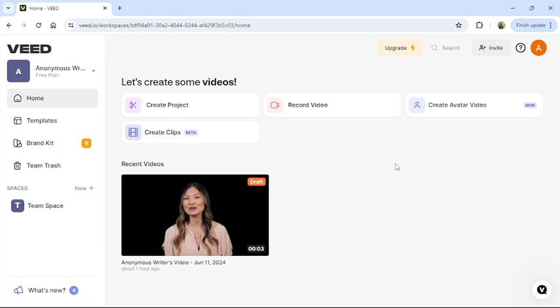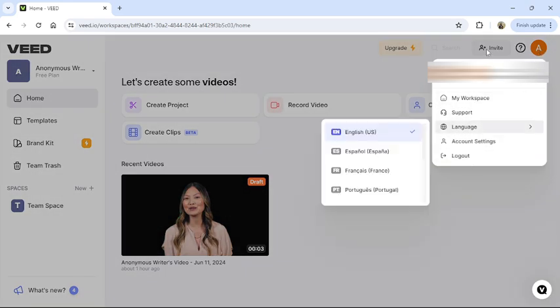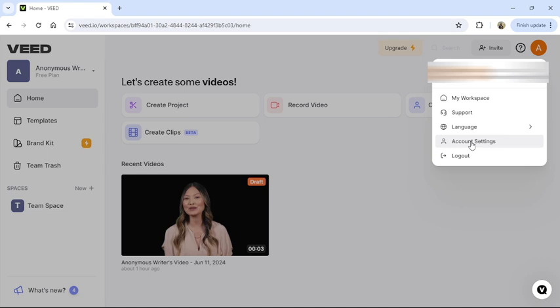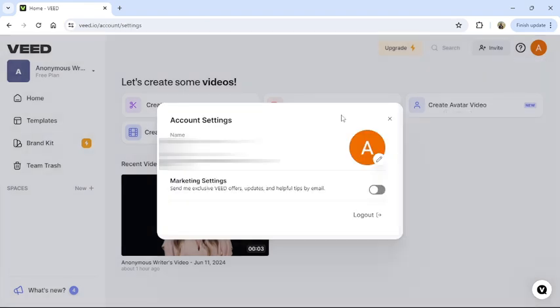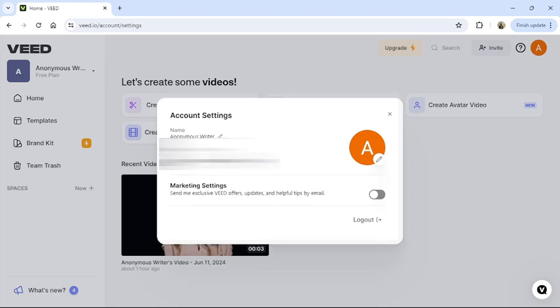Now go to your profile icon from the top right corner. Click on it, then this type of drop down menu will appear on your screen. From here you can see the account settings option. Click on it, then this type of interface will pop up on your screen. You can see an edit option in your email address. Click on it, then from here you can edit